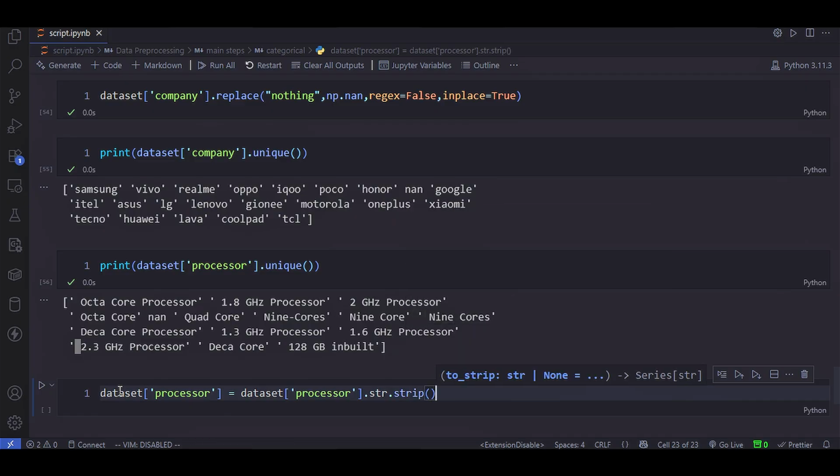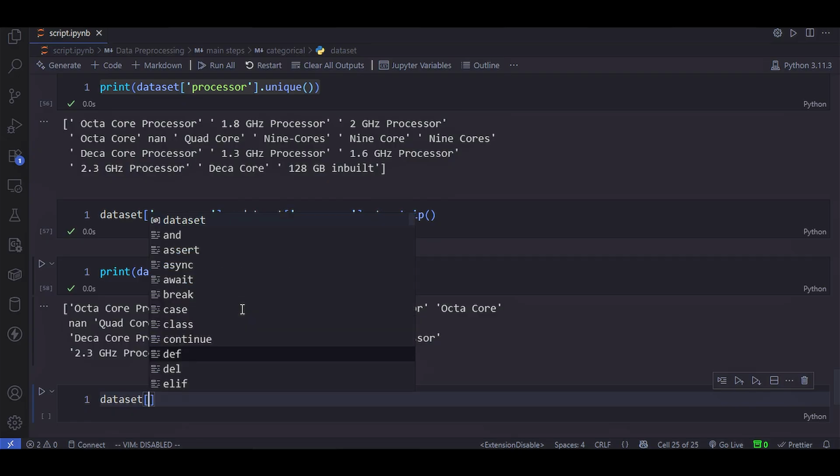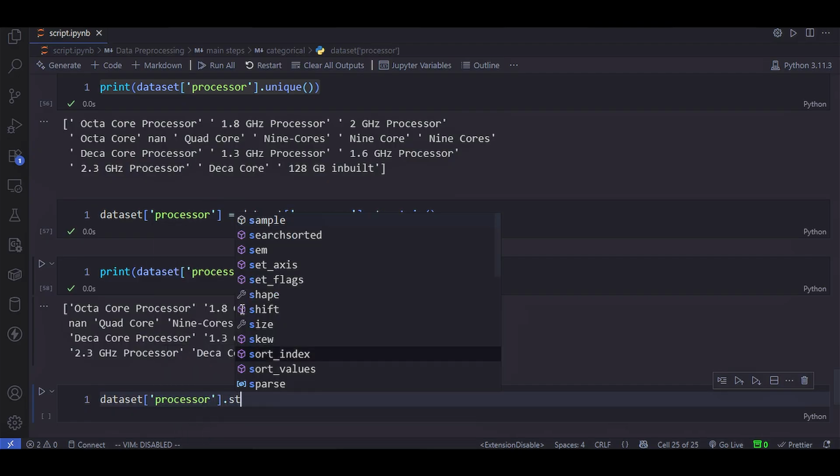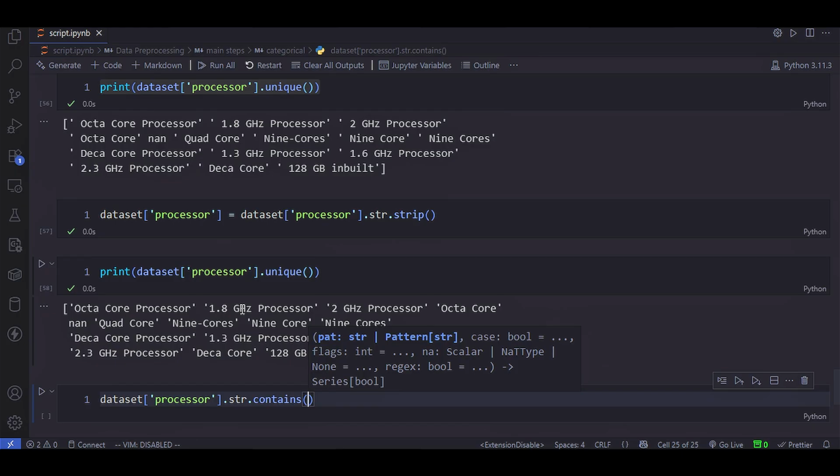Let me print again, and we could see that these spaces are removed right now. Then let's use a regex to remove all of the digits. Dataset processor .str the contains method, and here let's write a regex: one or plus digits or numbers, and